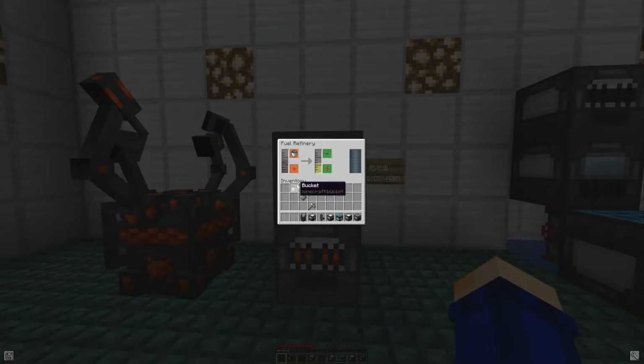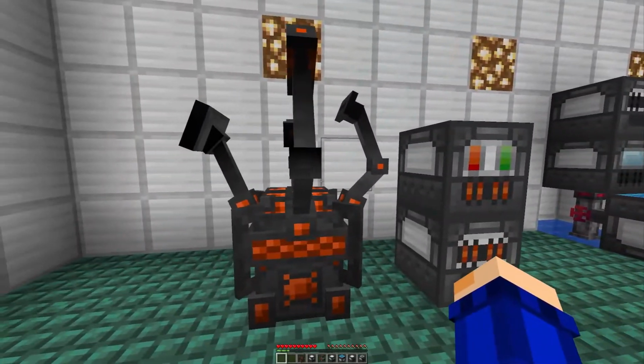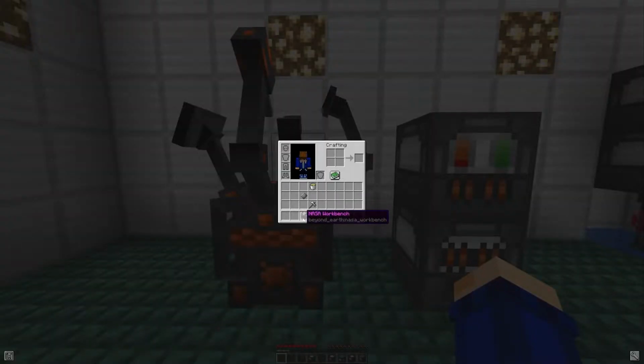And I'm going to go ahead and put the other oil bucket in, and now all this oil is going to turn into fuel, which I can then put an empty bucket in here in the plus area, my mistake. And once this is full, I will be able to fill this other bucket and I will be able to fuel an actual rocket. But in order to actually make a rocket, you need to make yourself a NASA workbench,